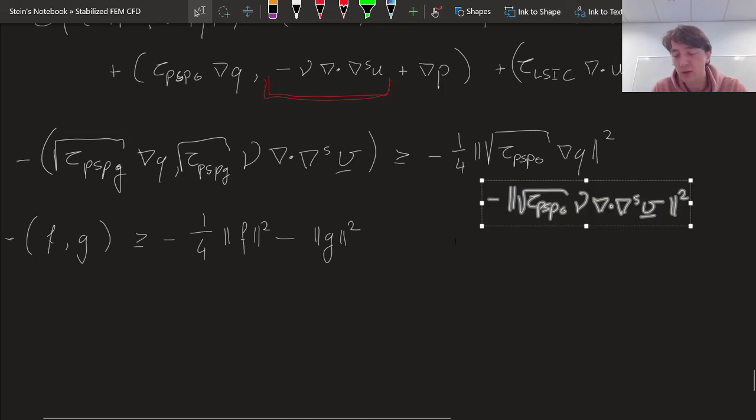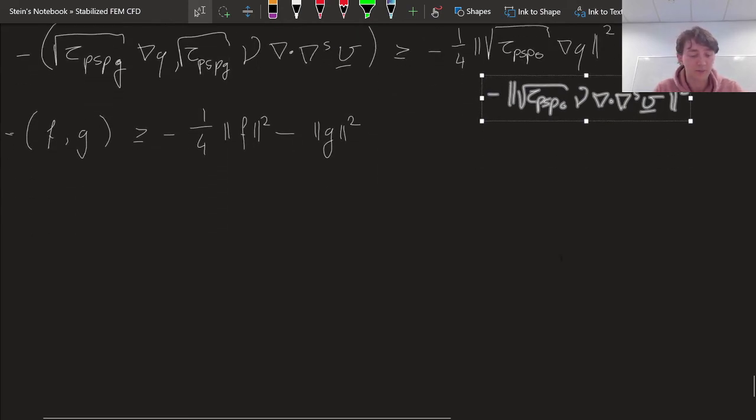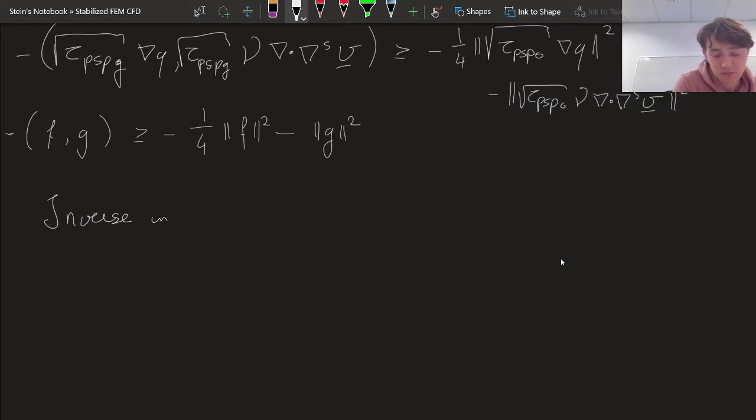So I'm going to try and bound this guy from below by the symmetric gradient of V and use an inverse inequality. So the inverse inequality is going to be that the norm of that higher order differential operator,